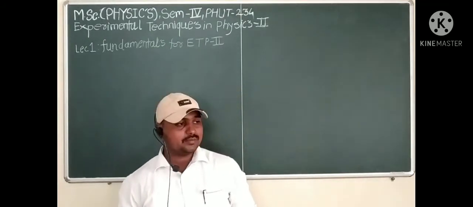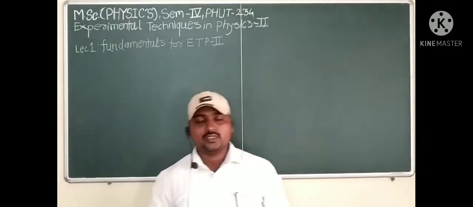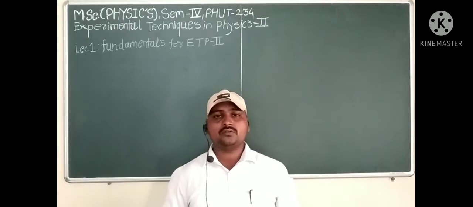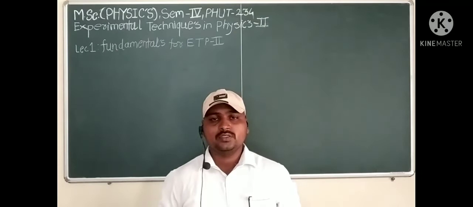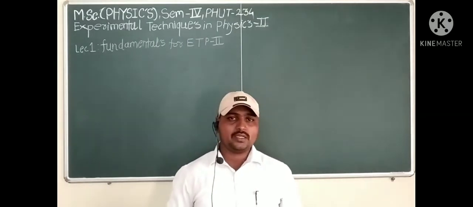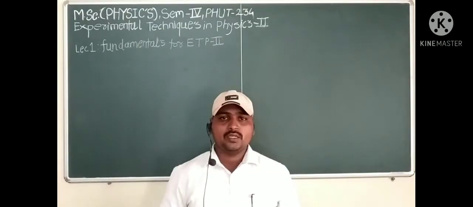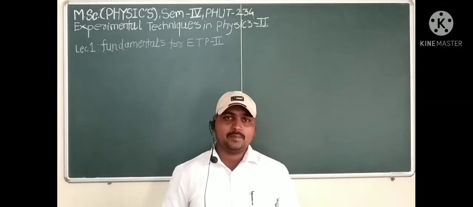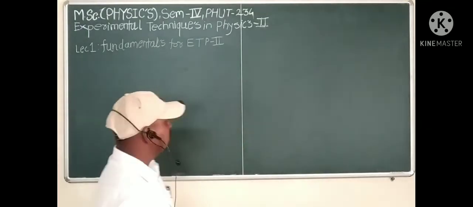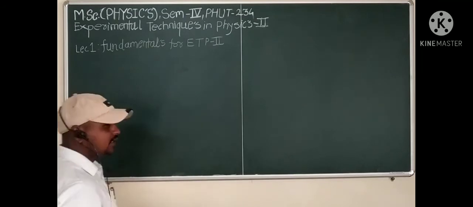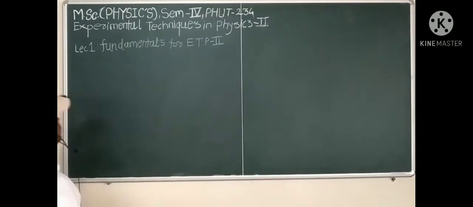What is the electromagnetic spectrum? The scientist named Clerk Maxwell developed the electromagnetic theory. According to that theory, when an electric current is passing through a circuit, it emits electromagnetic radiation in the form of electric and magnetic fields propagating in a direction perpendicular to the direction of propagation. And that radiation travels with the speed of light.